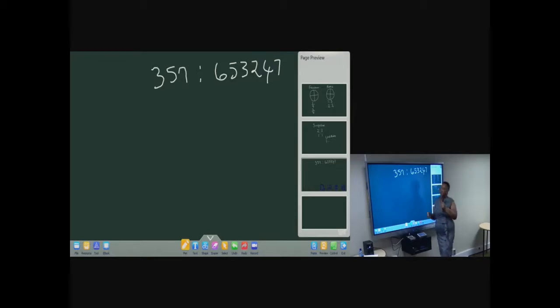For unit ratio, you will always divide both values by the first value, irrespective of whether there is a remainder. Meaning that your second value can have a decimal number, but the first one must be in the form of a 1. So the second value, when you are dividing by 357, it will give